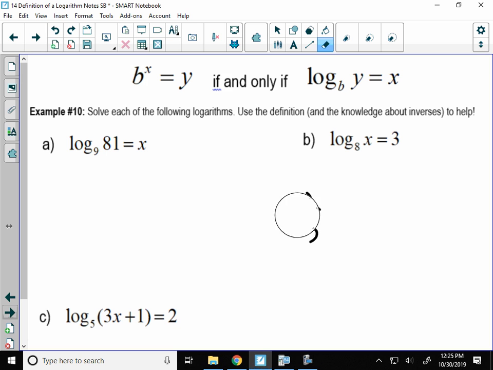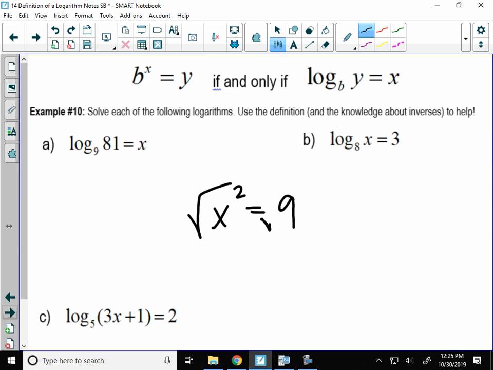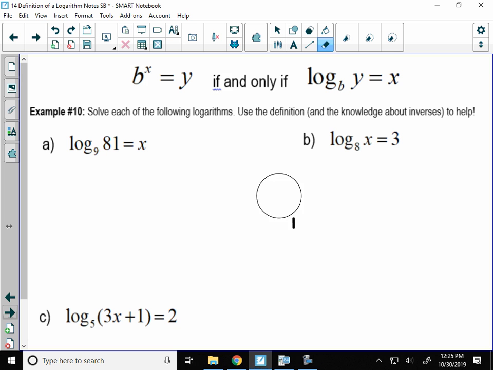Same kind of thing if you have x squared equals 9. In order to get x by itself, what was the inverse of squaring something? Square rooting. Okay, so what we've learned today is that what's the inverse of a logarithm? An exponential. So in order to solve a logarithm, you have to use its inverse function, which is an exponential. So what we're going to do is we're going to solve this by turning it first into an exponential, because that's its inverse. So let's use that curly Q, that definition we've been working with.